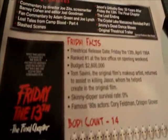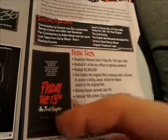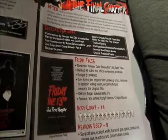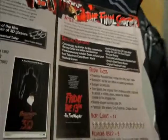Let's see some Friday facts. The guy who did the effects for the first movie came back and did the effects for this one. And that was Tom Savini, the guy I met at the Fan Expo thing. That's what I just call it, the Fan Expo thing. And the thing is, actually,